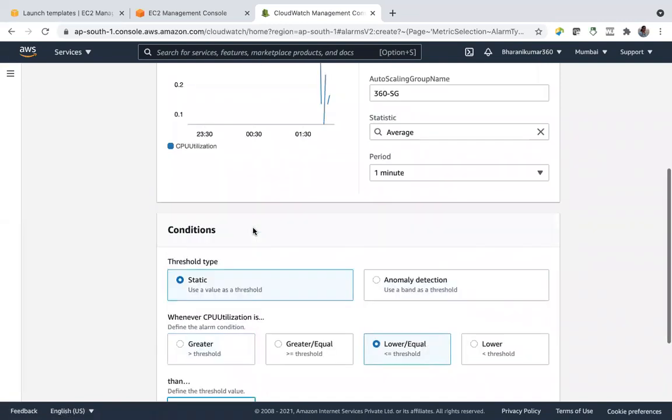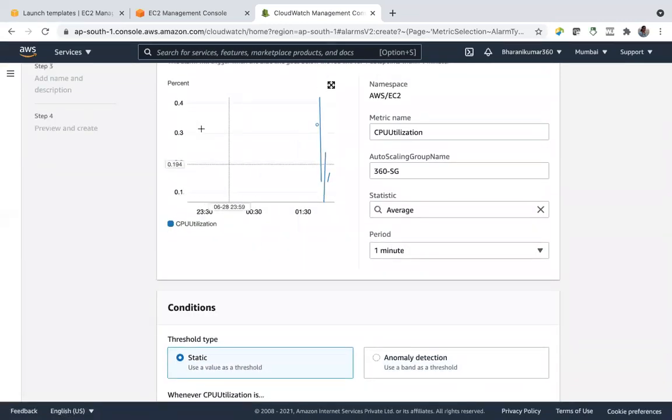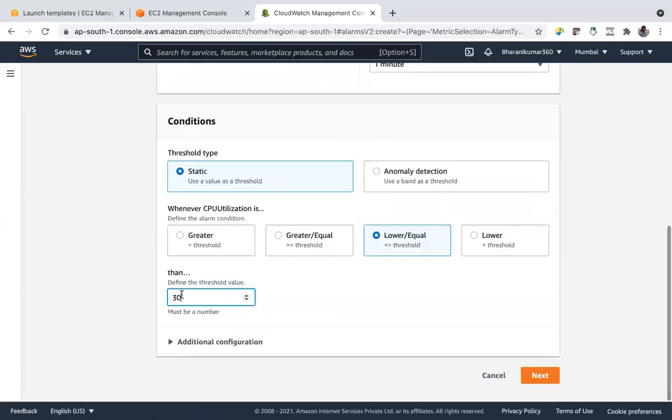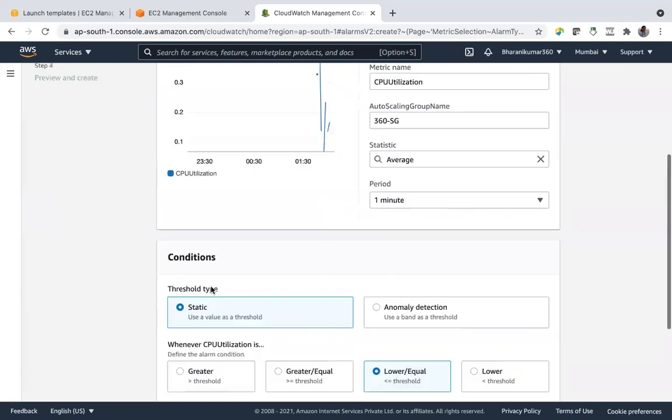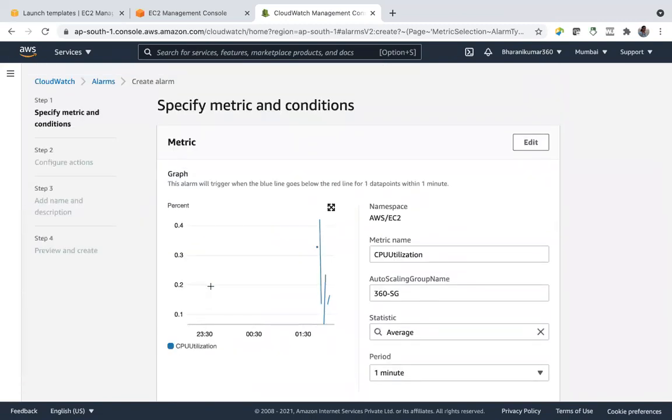So if CPU utilization, obviously it's lower than 30% now. If CPU utilization is lower than or equal to 30% of the average CPU utilization, then this alarm status will become in alarm, and our policy, what it has to do, it has to remove, scale down.